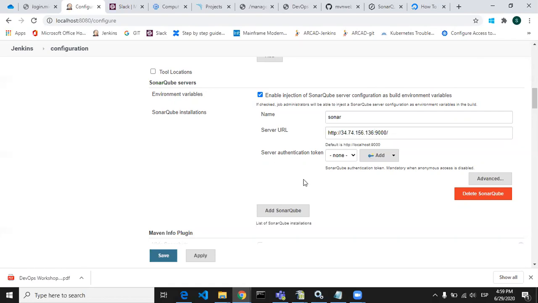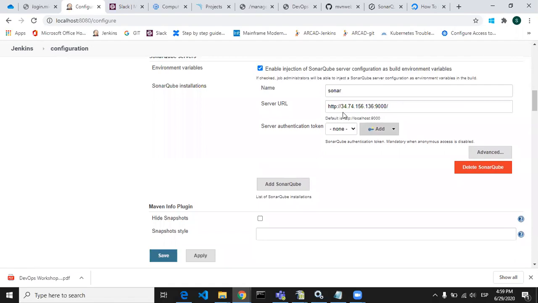So first, let's see the configuration part of it. Server authentication: if you have changed any configuration and edited the username and password, then you have to give it here. Otherwise, put none. Okay. So this way you need to configure your SonarQube installation in the Configure System part of Jenkins. Let's apply, save.